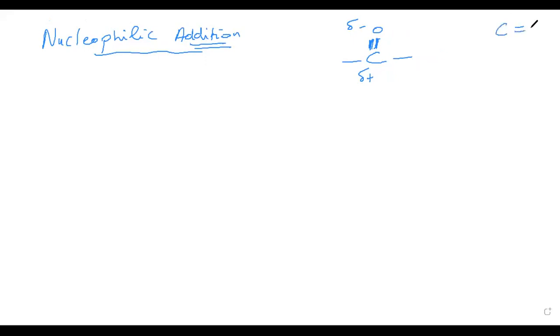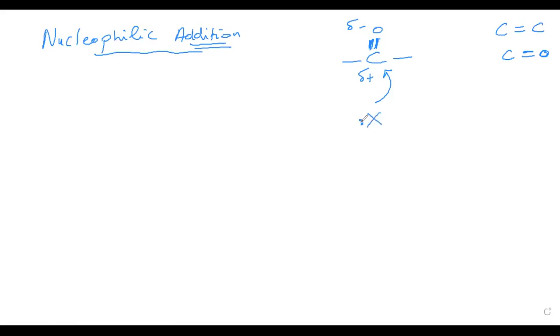Either we have a C double bond C group or we have a C double bond O group, there will be addition reactions. Something is going to be added on the double bond and the double bond should be broken. And as we have here a partial positive carbon, then this partial positive carbon should be attacked by something that is a nucleophile, for example. Of course, it's not going to be attacked by an OH, but I mean that in general,